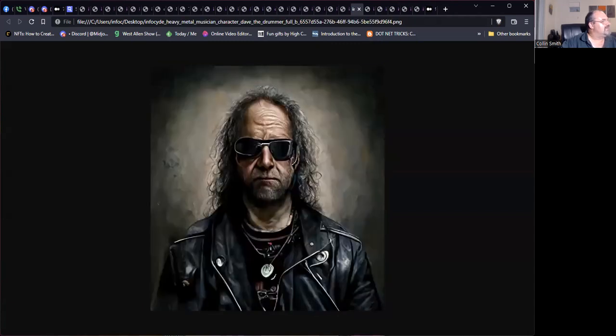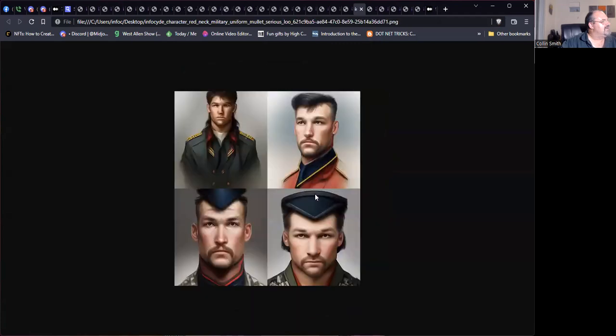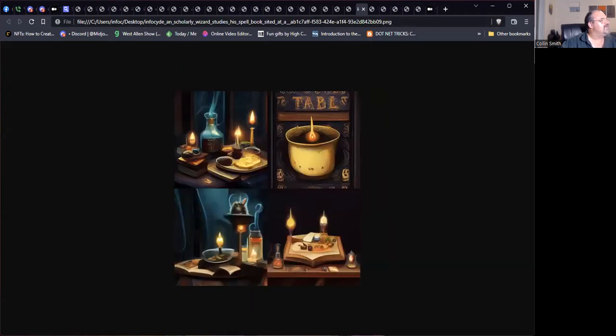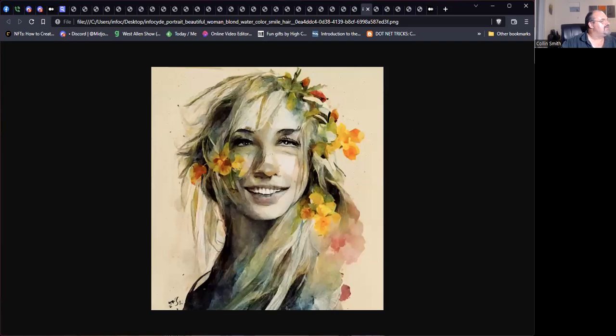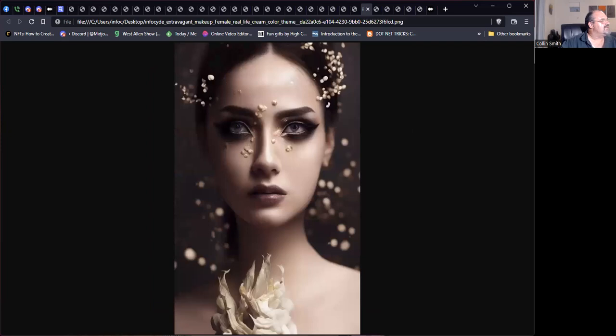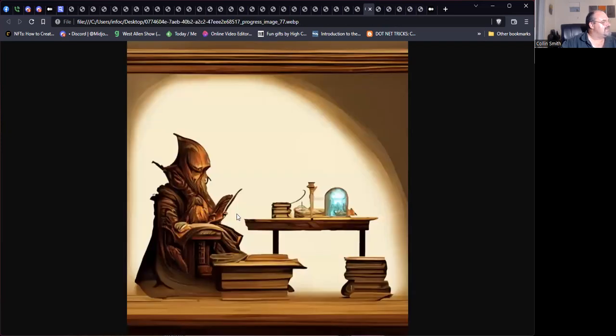Another rocker. Kind of general stuff I was working on. Cartoon dog. Some Roman market. Some full painting stuff. So I just went crazy. Some photorealistic stuff. Some abstract stuff for a game.